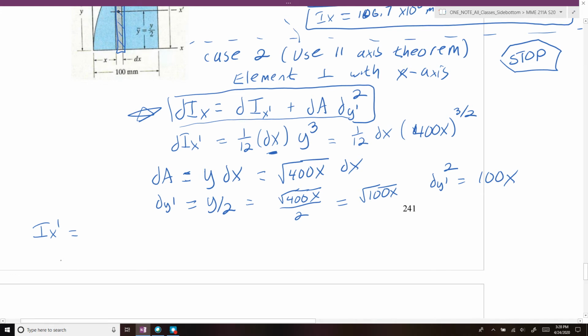That would be equal to the integral from 0 to 100 millimeters of 1/12 times 400 x to the 3/2 dx, which is equal to 2000 over 3 times the integral from 0 to 100 millimeters